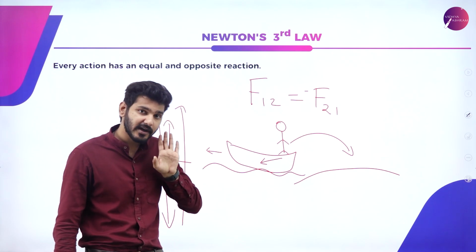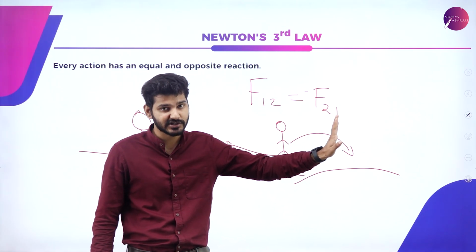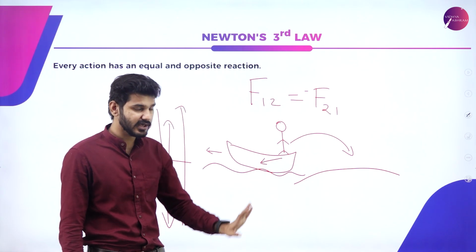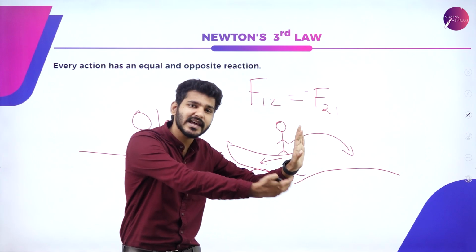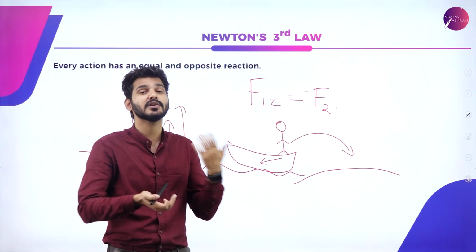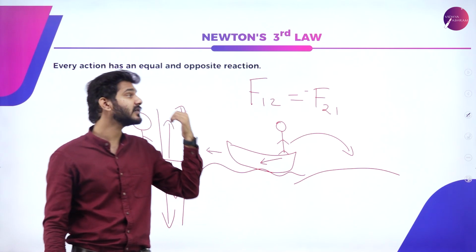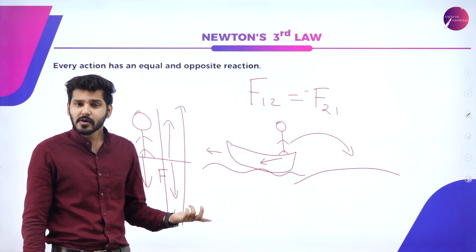That is, if I am pulling or pushing on something in one particular direction, let's say there is one body here and one system here and I'm pushing on it, then the system actually exerts the same amount of force in the opposite direction. That is what Newton said. That is the simple definition: every action has an equal and opposite reaction.